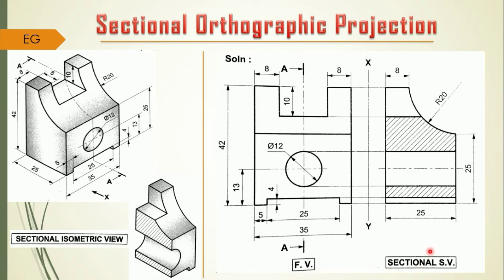So you might be getting the concept of sectional orthographic projection, and it is the case in your end-sem examination. You may find such kind of examples in your question paper for your end-sem examination, where you have to construct either the sectional front view or the sectional side view. They may ask you any kind of sectional view. So to draw that respective sectional view, you have to consider the object is cut by an imaginary cutting plane, and for the rest of the views you have to consider the entire object. And these are the key points regarding sectional orthographic projection.